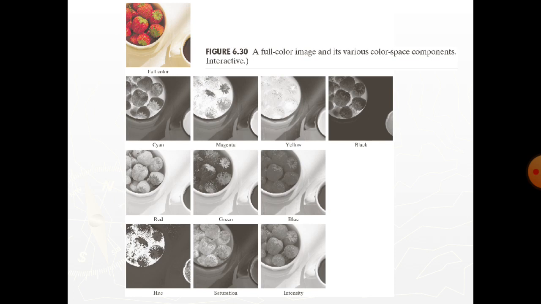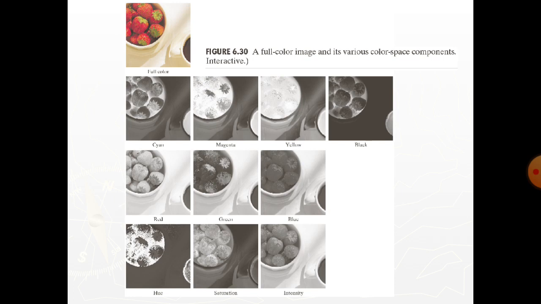In these images, black represents 0 and white represents 1 in each CMYK color component. We can see that strawberries are composed of large amounts of magenta and yellow, because the images corresponding to these two CMYK components are the brightest. Black is used sparingly and is generally confined to the coffee and shadows within the bowl of strawberries.